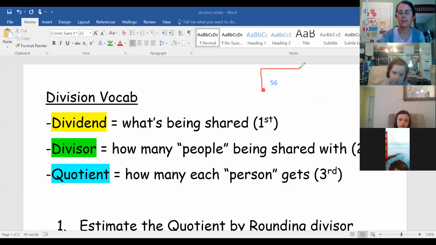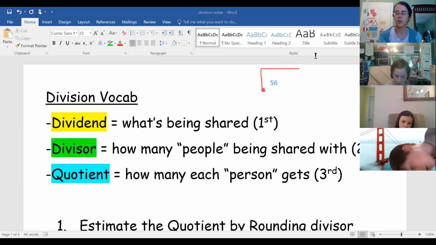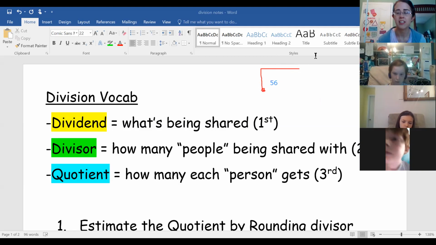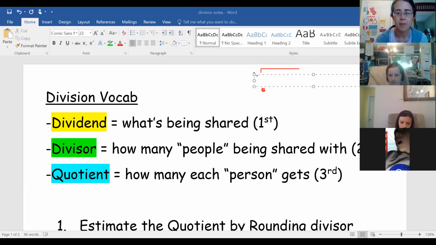So the number I see first is 56. Everybody have this drawing copied down? And this little symbol means divided by. So the number I see first is still 56. And the number I see second is